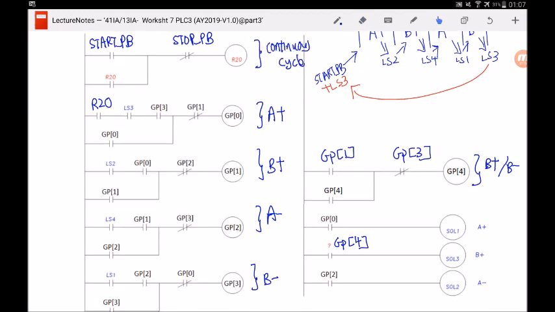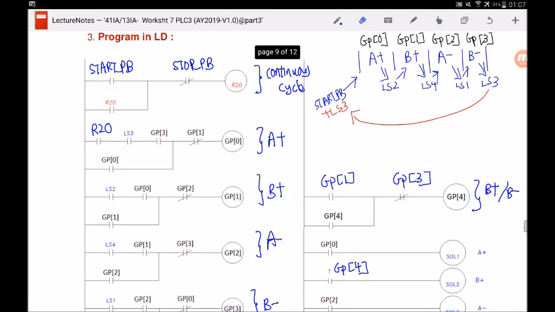Next, I learned about single solenoid directional control valve. They need a special latching circle as I have seen over here. In order to control this single solenoid to make B extend, GP1 must be activated in this example here and it will stay on, because GP4 has a latch. So hence the cylinder B will stay on because solenoid 3 will be constantly energized until it's time to turn it off